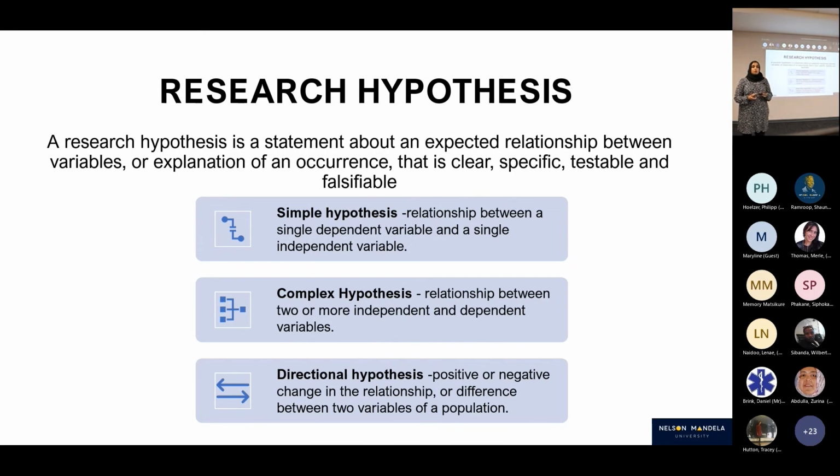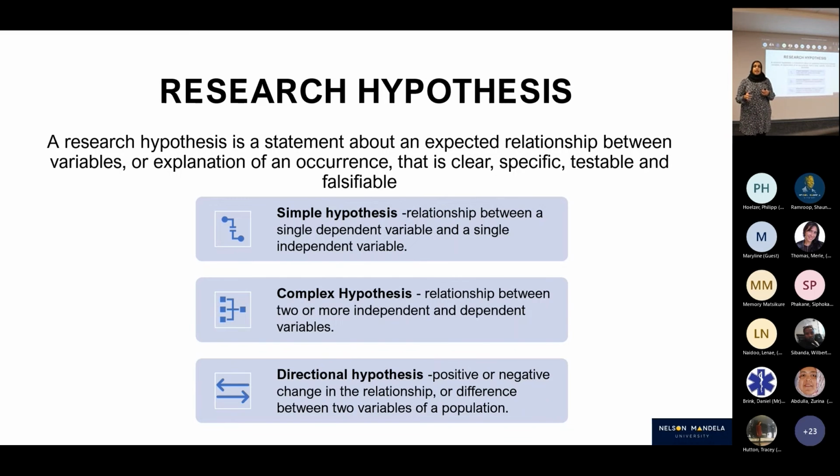Then we move on to a little bit more of a complex hypothesis, which is the relationship between more than one dependent variable and more than one independent variable. So for your complex hypotheses, we would, for example, identify the relationship between wearing a mask and the spread of COVID-19